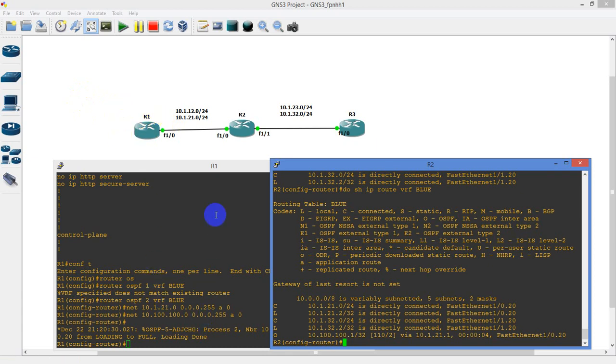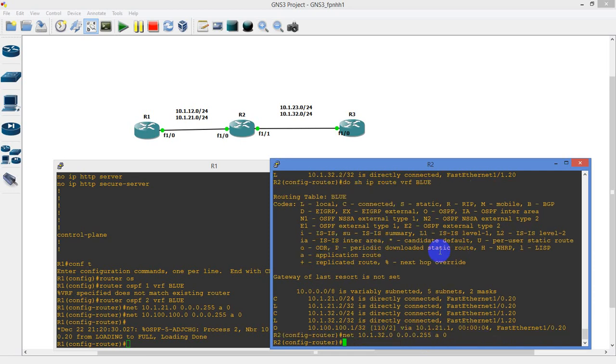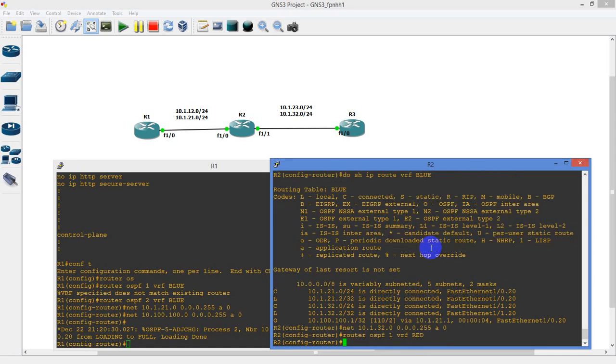We'll actually take a look at that here in just a second once I get router 3 and 2 operational. So on router 2, I'm going to do the exact same thing for red and blue. Since we're already here in blue, the network is going to be 10.1.32.0 0.0.0.255 area 0. Then we're going to go to router OSPF 1 VRF red, and the network is going to be